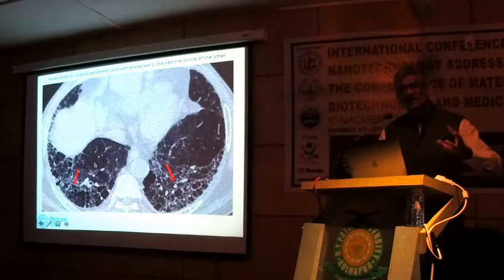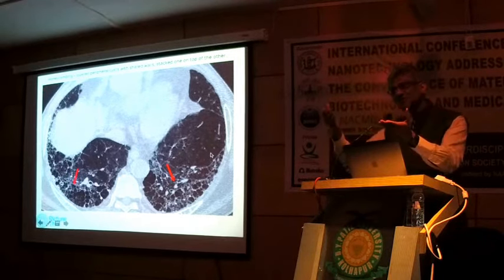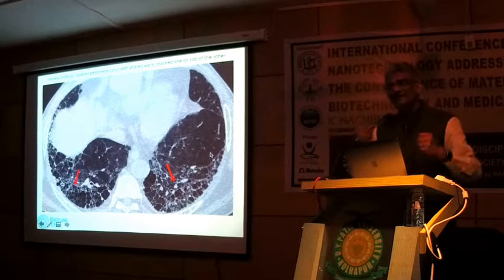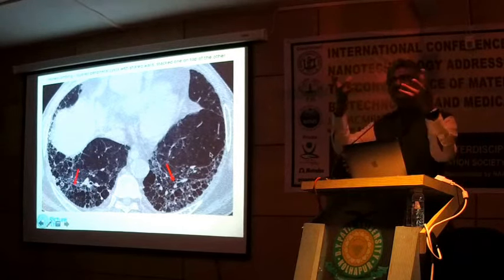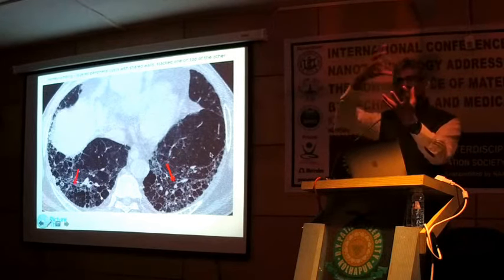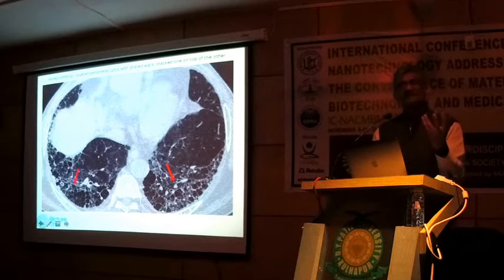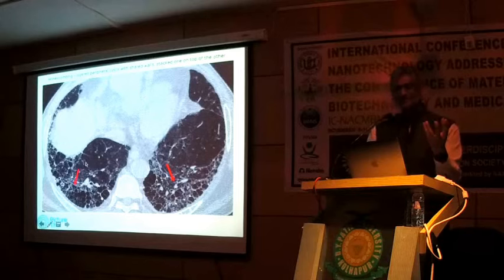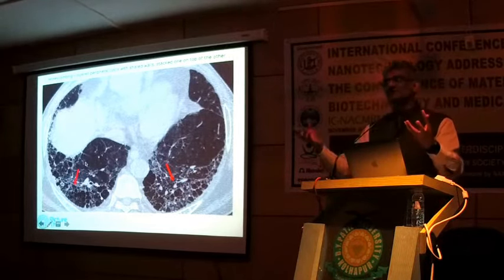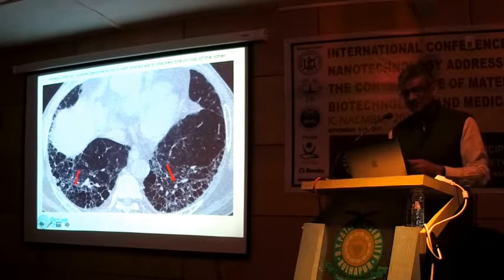This is the lung. And you can see the lung as if you've cut an actual lung in the dissection room, and then you're using a high-resolution microscope to see the structures. We're not talking of slides, but we're just looking at the actual specimen with a high-resolution microscope. And you can see these honeycomb cysts here so well, including the reticular opacities. And today, we can reliably make a diagnosis of a condition called idiopathic pulmonary fibrosis simply because of the technology